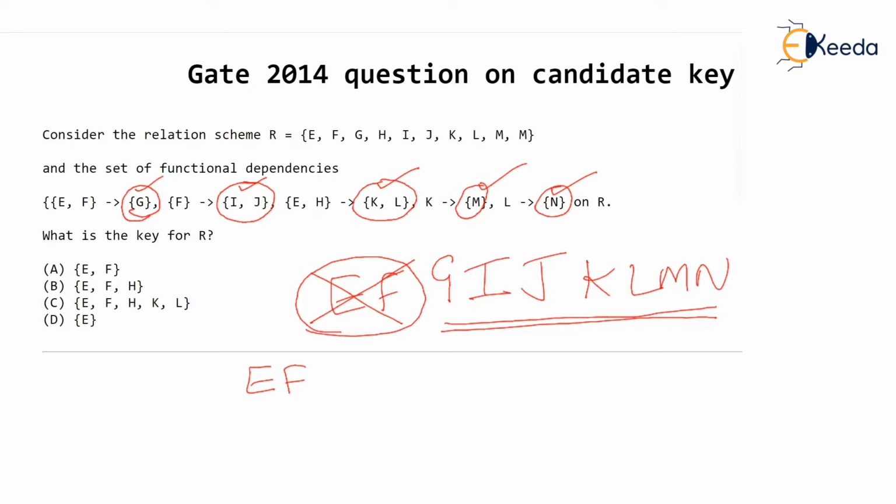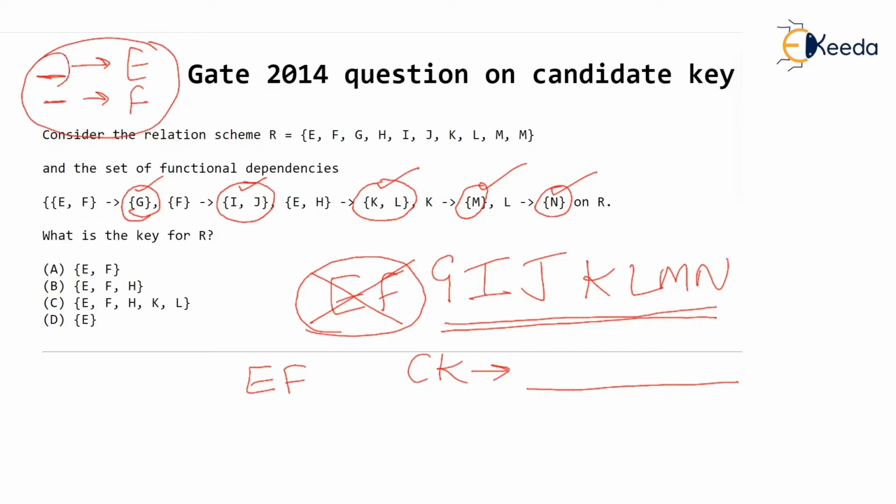How come? Because we know that a candidate key is such a key which determines all the attributes, isn't it? Now come on, E and F, both the attributes are never there on the right side. Let's say some left hand side determines E and some left hand side determines F. If you have such dependencies, only then something can bring E and something can bring F in our closure set. But E and F can never come in the closure set because E and F are never there on the right hand side.